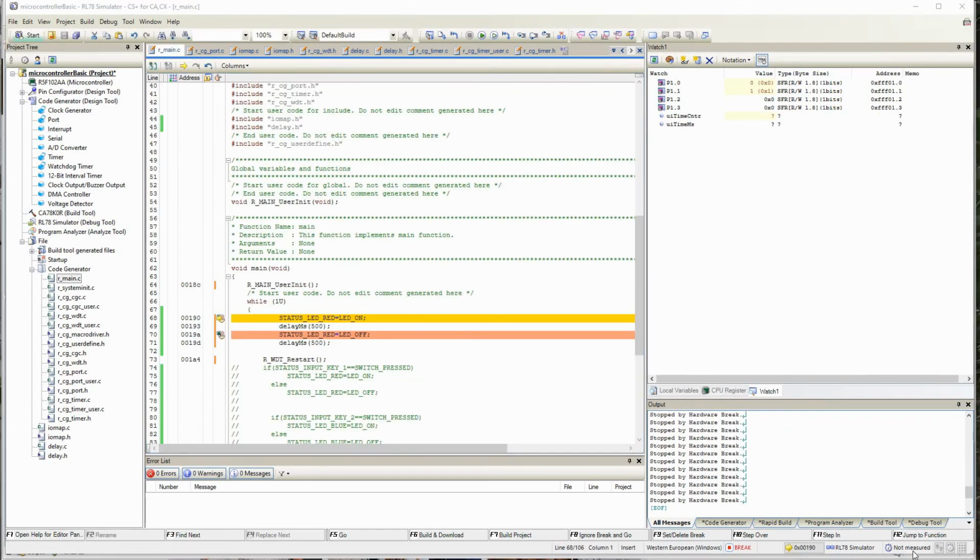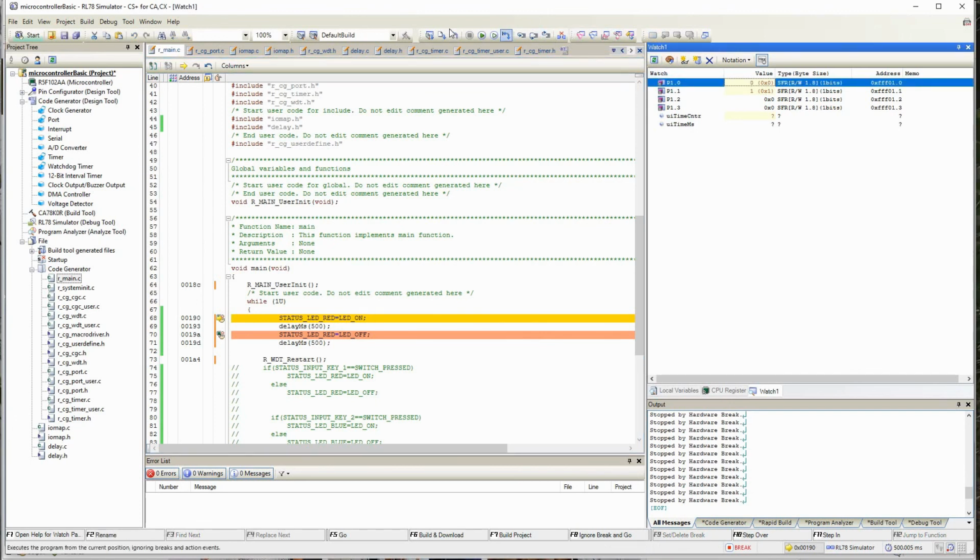So there is a clock measurement here in the bottom right. It's telling currently not measured. For some reason, I feel it is running slower. To enable this, what you can do here is you can click on this. Once you click on this, timer is on, it will show what is the measured time between breakpoints. So now let's run. Okay, it's 500 milliseconds. That's exactly what we have given. I think my computer is a bit slow, so the simulator is taking a lot of time. And you can also see that it is toggling here, P1.